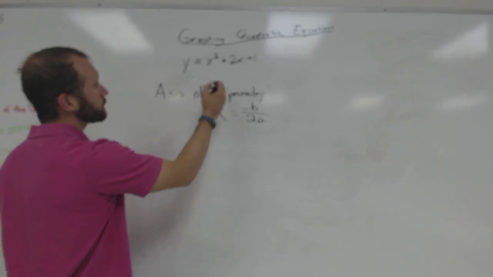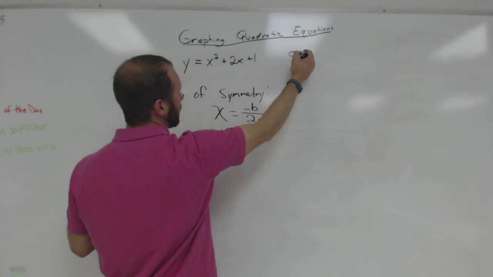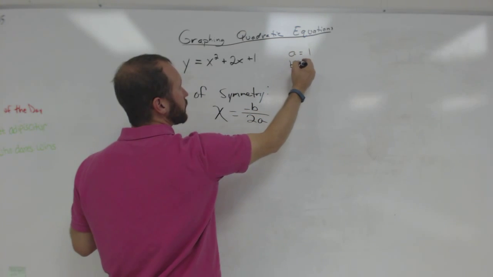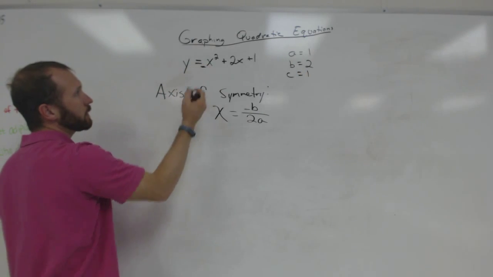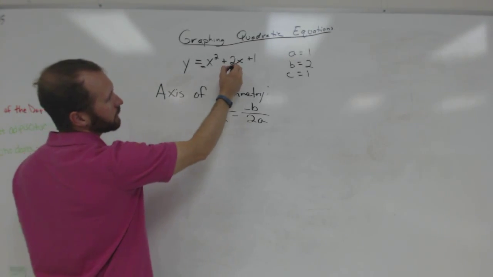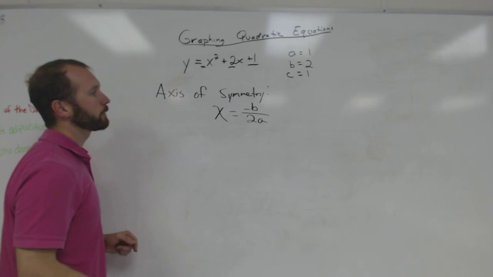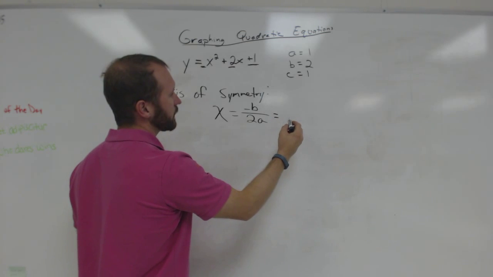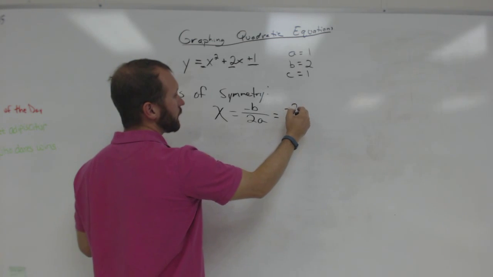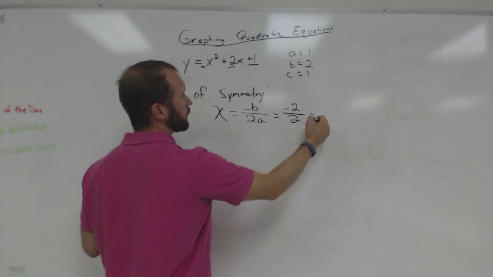So in this equation, a equals 1, b equals 2, and c equals 1. Right? A is right here. It's an invisible 1, b, and c. So our x part of our vertex, or our axis of symmetry, is x equals negative 2 over 2,